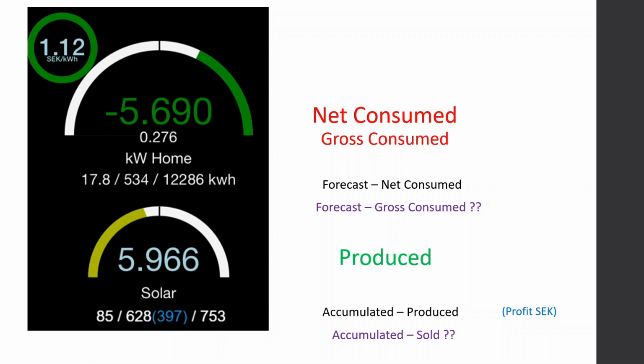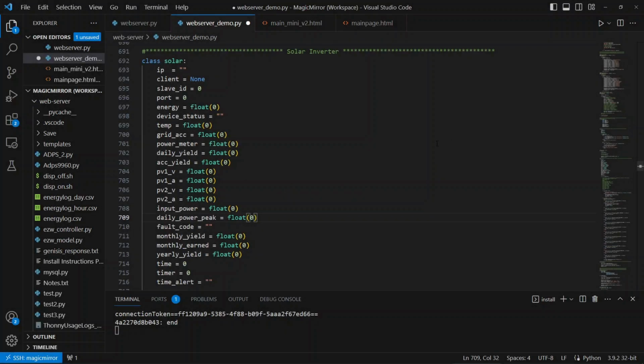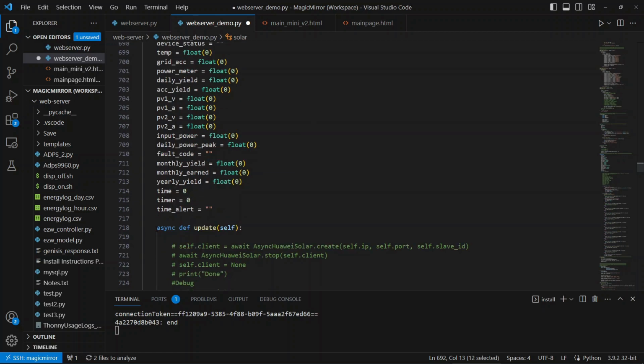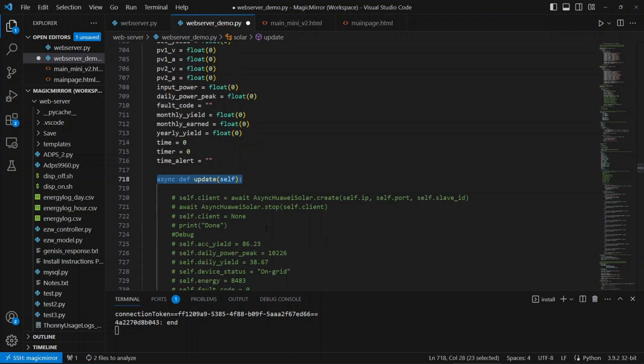So I guess it's time to start doing some Python coding in the Raspberry. So I open up my Visual Studio Code and connect it to the Raspberry with the Remote Explorer. And I have my demo project here, and I have started adding some code. And the first thing is that I'm creating a class for holding the variables for the inverter, which I will start to communicate with, and also for holding the function for updating